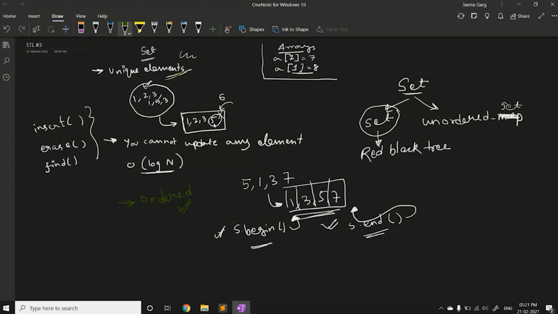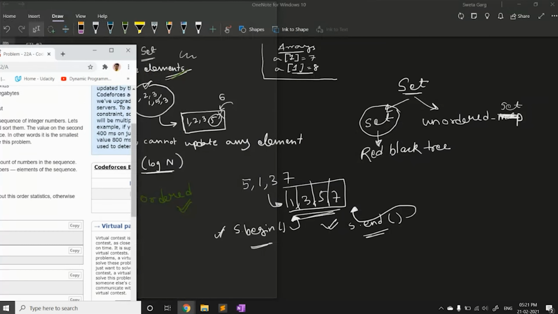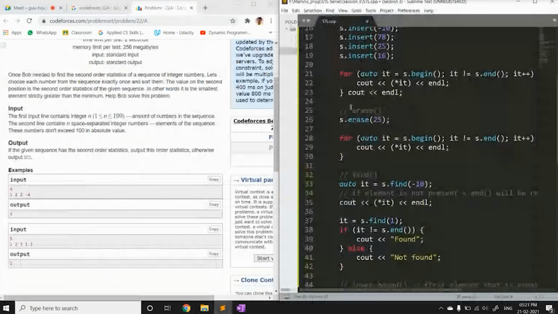So at any point of time, all our elements will be sorted. So this seems to be a perfect data structure to use here. So let's start with the implementation part. Nothing much to explain here. Let's just write the code. I will create a file and let's start. Does anyone have any doubt till here?